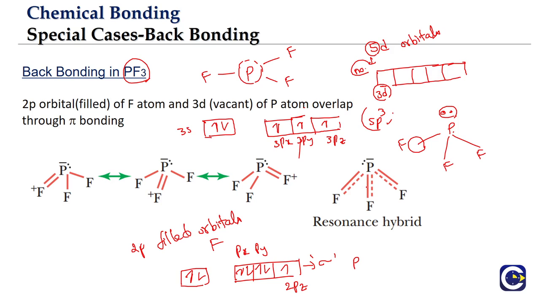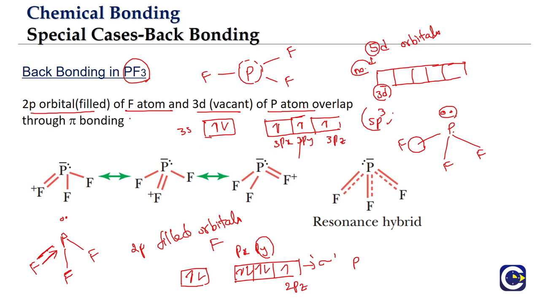Okay, now the fluorine will be able to donate electrons from the filled 2p orbital to the vacant 3d orbitals of the phosphorus. As a result, think about it. We are going to be forming a coordinate bond between the fluorine and the phosphorus. This coordinate bond is from where to where? It is from the filled 2p orbital of the fluorine atom to the vacant 3d orbital of the phosphorus atom,